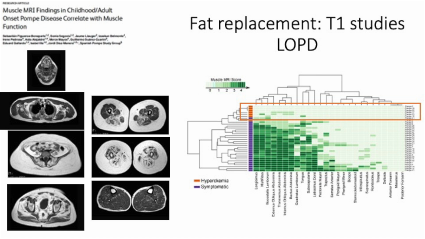So here in this first graph, I show you this heat map. This group here, that are the orange patients, are presymptomatic. And if you look at the colors, you can see that, oh, well, look at this. Some of the patients have some changes here. There was some fat in some of the muscles. So if we were interested in looking into this in more detail, and these are the 6 patients that were, in theory,